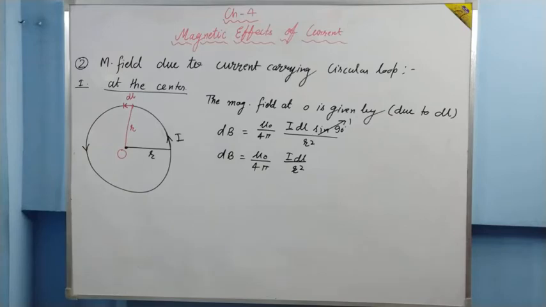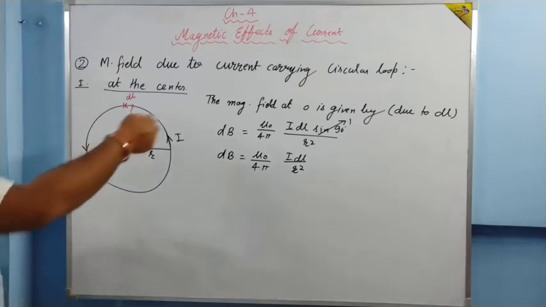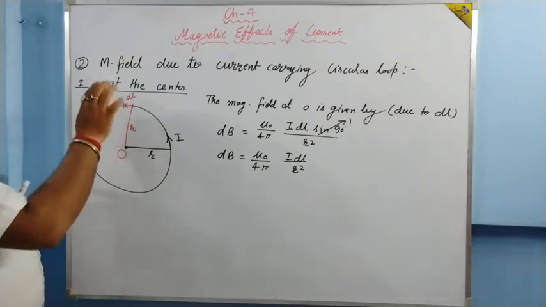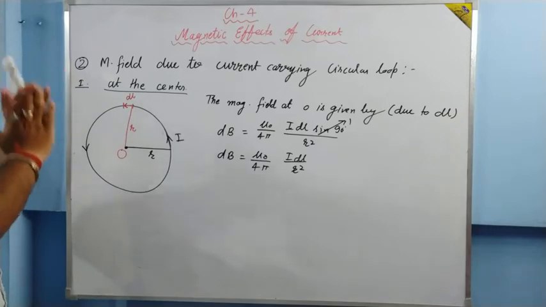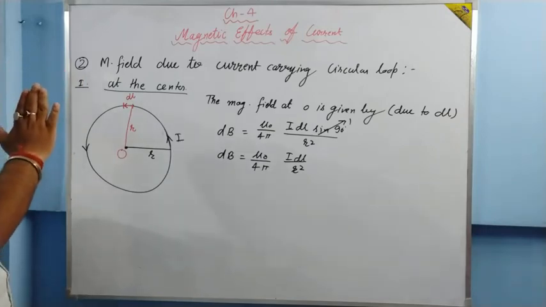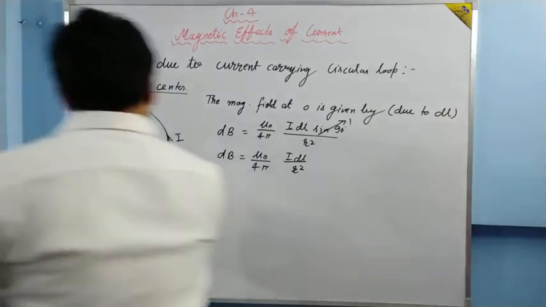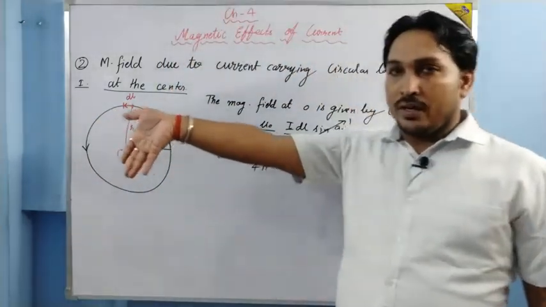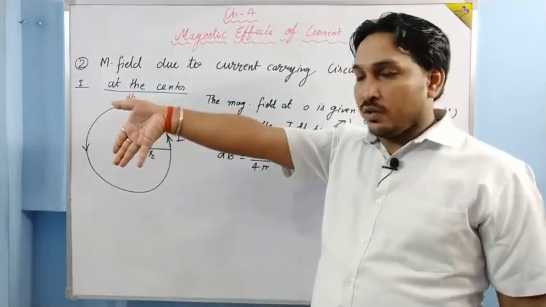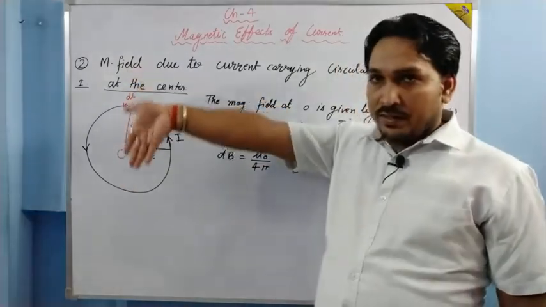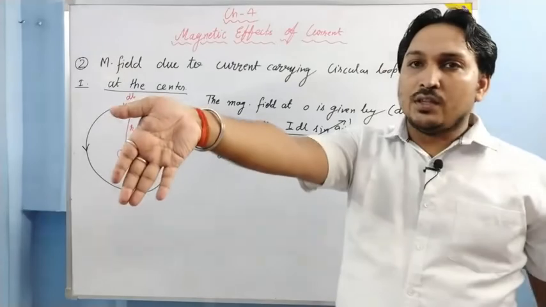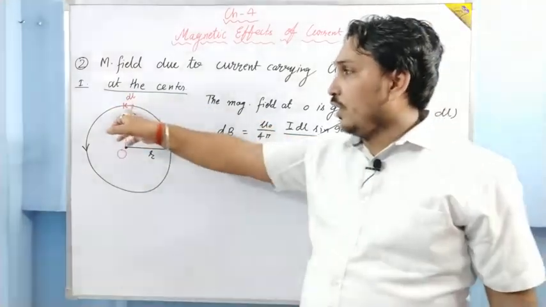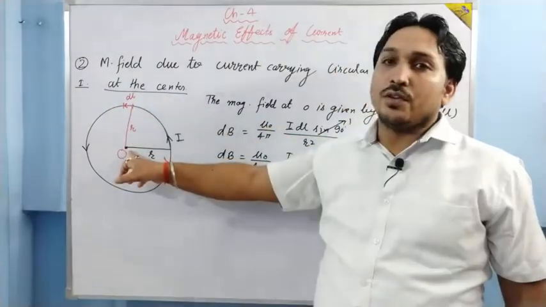But before integrating, let us discuss the direction. The direction of dl is in this direction. So basically I have to put my thumb in the direction of current and the rest of the fingers towards the point at which I want to know the magnetic field. So it will go like this. The direction of current is this way, along the thumb, and all the fingers towards the center. What is the direction of my palm face? It is outward. So due to this dl, the magnetic field here is outward.